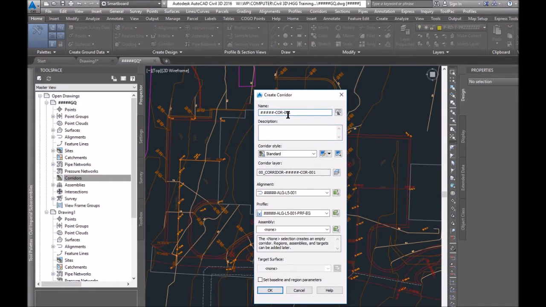And then we're going to do the 3-letter descriptor, COR, dash, this is our first corridor model. But Erica mentioned that we should put in some kind of identifier to say, hey, this is for lot 5. And I'm going to give it a description, lot 5, corridor model. Doesn't matter what the corridor style is,